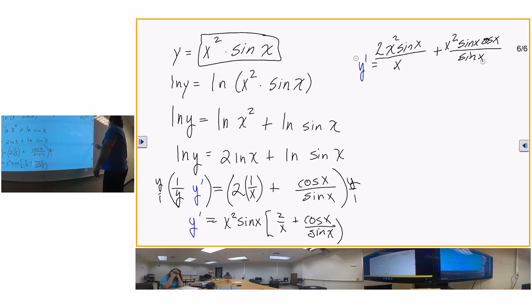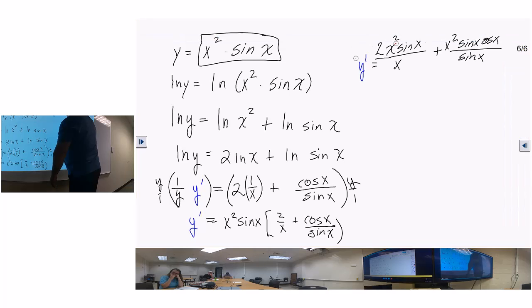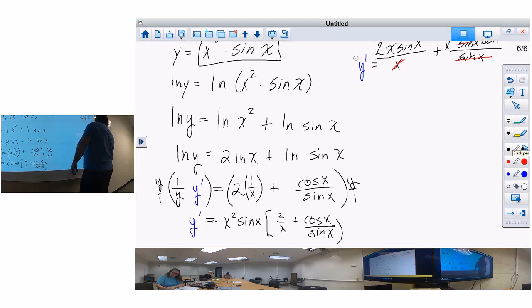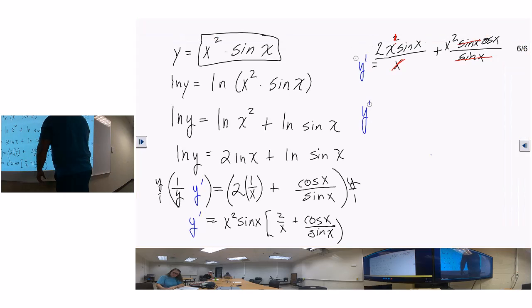Make sure I didn't mess that up. And the x is going to cancel here, and the sine is going to cancel. And we're going to get y prime is equal to 2x sine of x